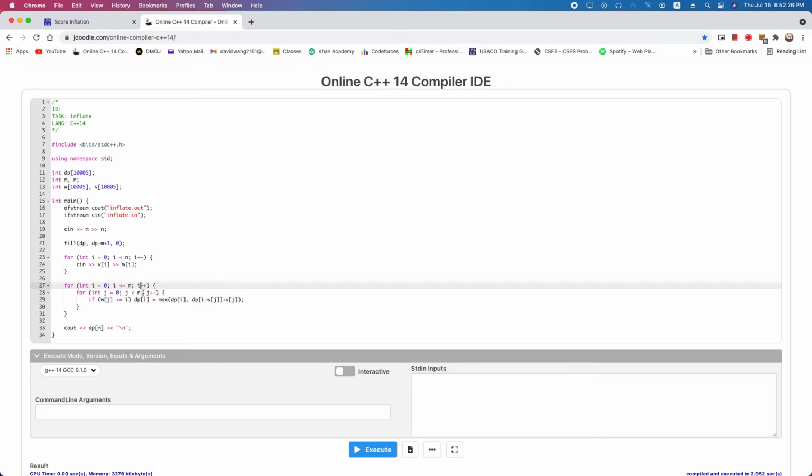And the only difference between this algorithm and the normal knapsack problem is that these two loops are inversed. So in the normal knapsack problem, we will put the 0 to n in the outside because we can only choose each item once. So we don't want to go back to these items again. But here in this problem, we can use the items over and over again. So we'll put this loop on the inside so that we can go all the way from 0 to n